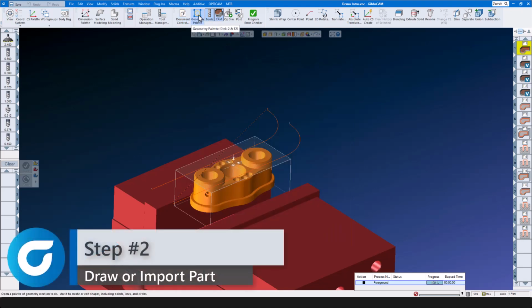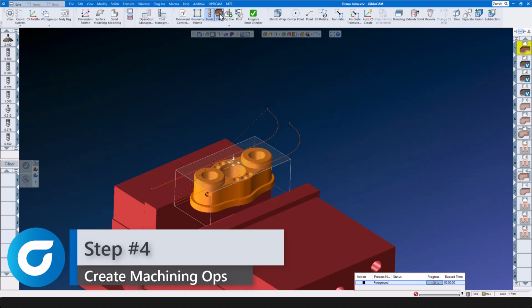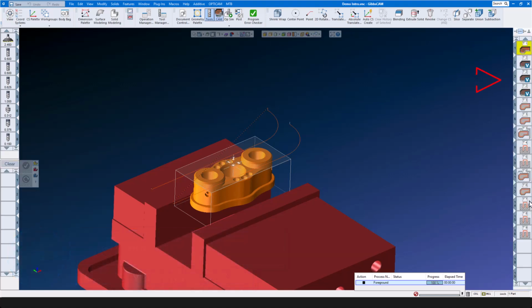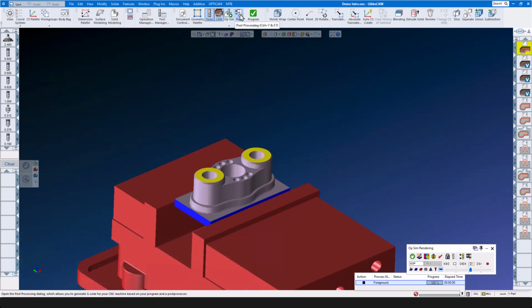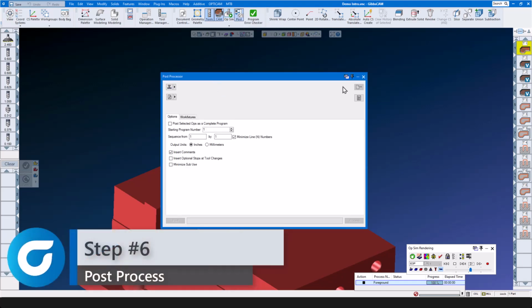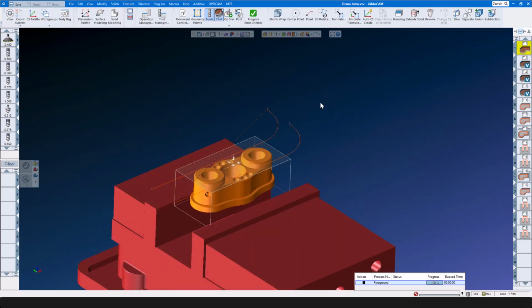Step number 2, either draw or import a drawing of your part. Step number 3, create your tools and your tool list. Step number 4, create your machining operations. Your operations live here on the right side of the screen. Your tools live here on the left. Step number 5, simulate your part. See it before you machine it. Step number 6, post your code. The 6 simple steps of the GibbsCAM workflow allow you to work quickly from end to end on your part